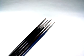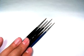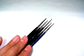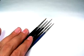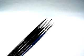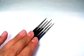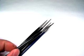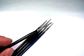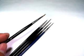And Kolinskys are high grade brushes. You can get cheap ones, and you'll know you got a cheap one because it won't perform as well as the more expensive ones. But there's a nice medium in between where you don't have to pay too much out of pocket and still get a decent one that'll do the job. The characteristics. Okay, what is Kolinsky hair? Do you know of anything that has hair that's called a Kolinsky? Well, what it is